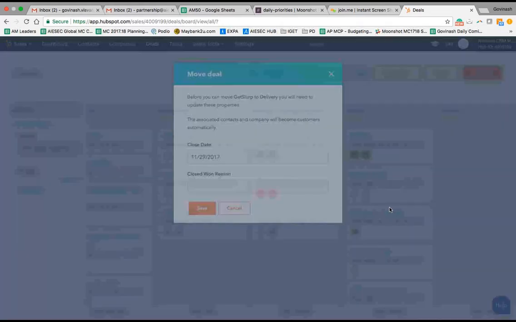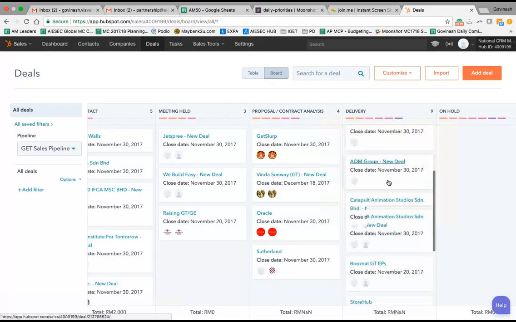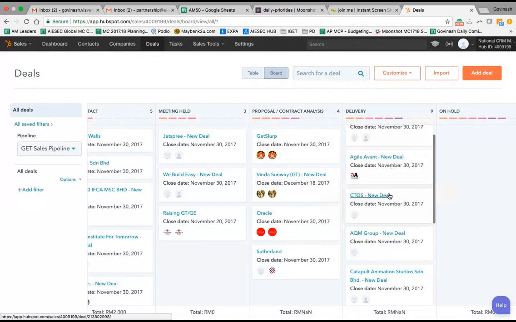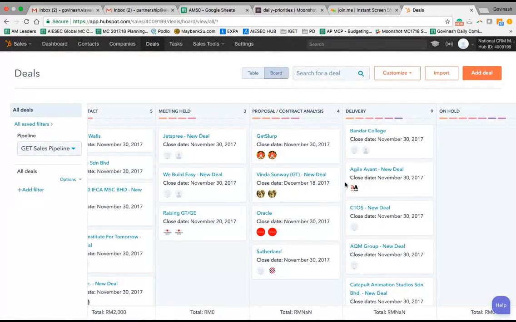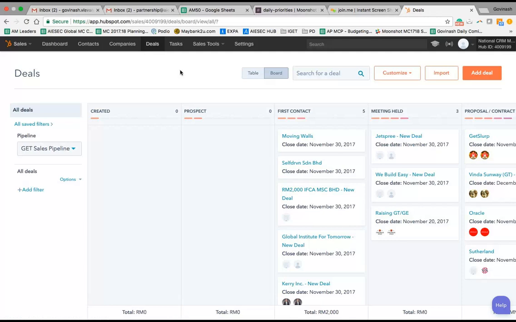So it pretty much gives me a detail that I confirm the partnership, and then they prompt you on asking why did the particular sales or partnership went through. So from there, just fill up what happened, and then from there, it is a good way for the next coming EBs, the next coming PD team to see why this is so successful. So pretty much it's very straightforward. All you have to do is just slide. So in this sense, this hasn't been confirmed, so yeah, it will just come back here essentially. So as you can see, there are some who are declined, some are not aligned, and pretty much very straightforward. So these are the deals, company, dashboard, contacts are all over here. Very simple, very straightforward.